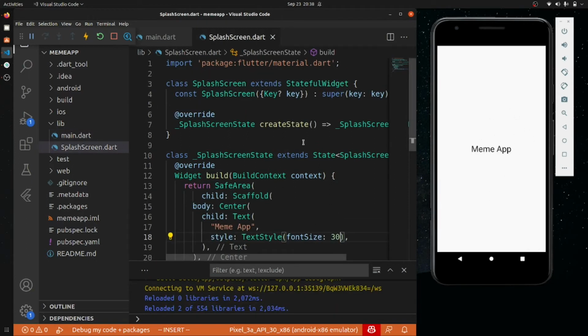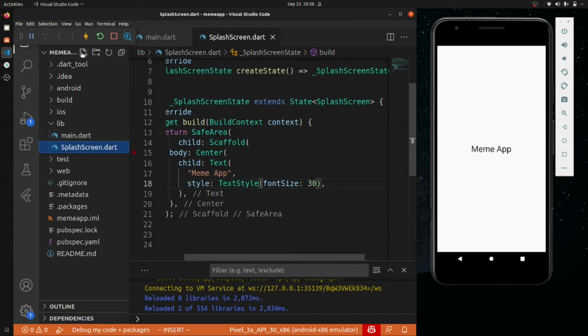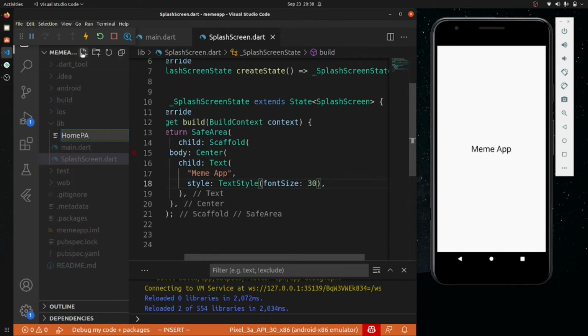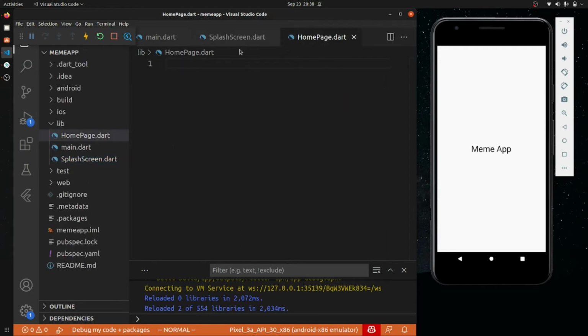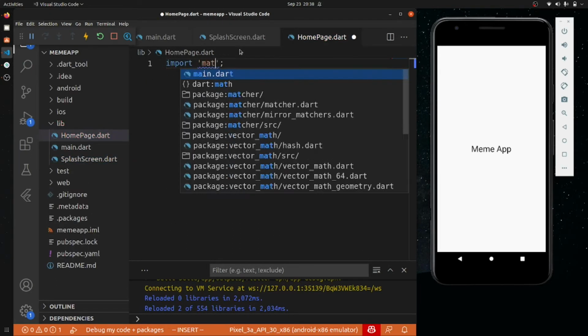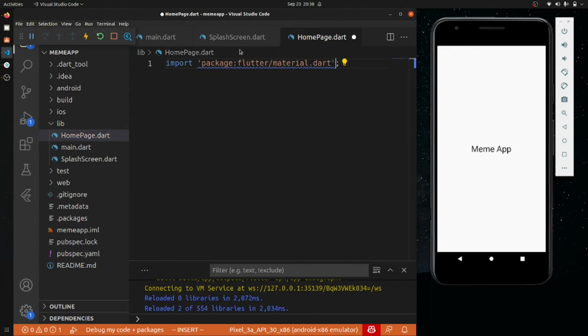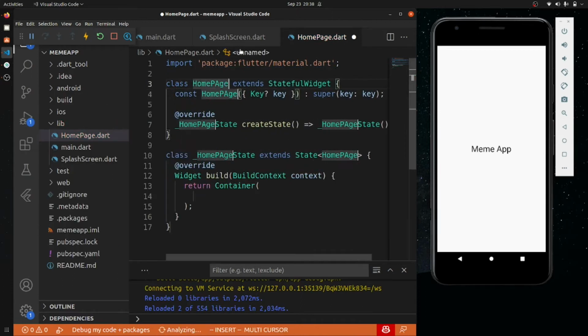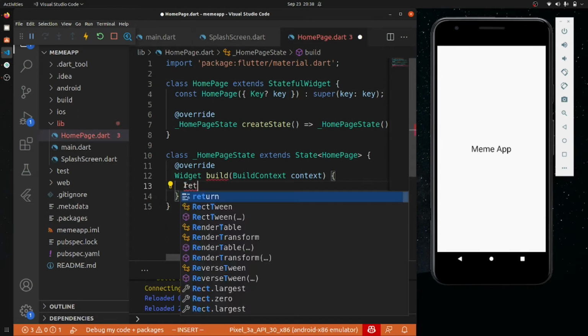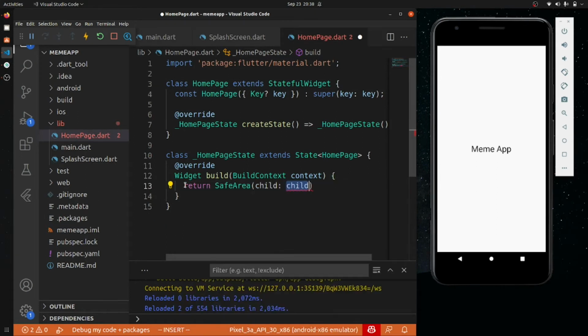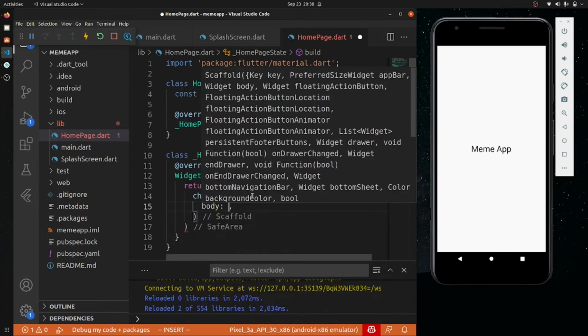Now firstly let us create a home page dot dart, and we will import material dot dart. Then we will create a stateful widget again with the name home page. We will return safe area, and the child will be scaffold, and scaffold will have a body.